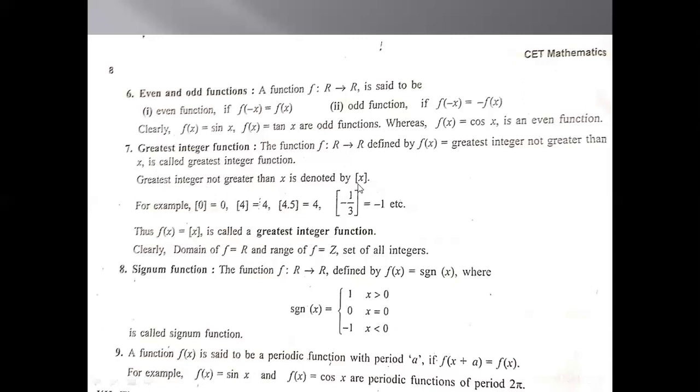Within the square bracket, we have to write the element number. For example, greatest integer of 0 is equal to 0 only. If we have particular integer elements within that bracket, we will get the same element. Greatest integer of 4 is equal to 4. Greatest integer of 4.5 is equal to 4. If it is greatest integer of 4.5, we should take the integer less than this, we should take the